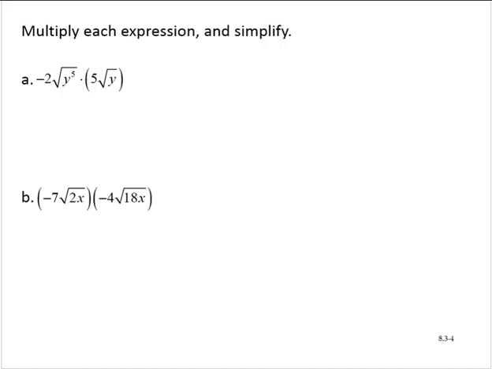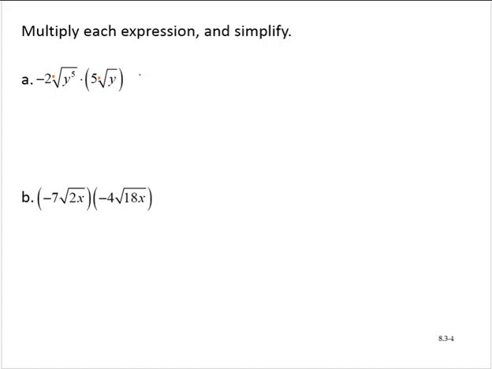Multiply each expression and simplify. We have negative 2 times the square root of y to the 5th times 5 times the square root of y. So in this expression, there are two implied multiplications. And so what we have here is just a bunch of multiplication, so we can use the commutative property to